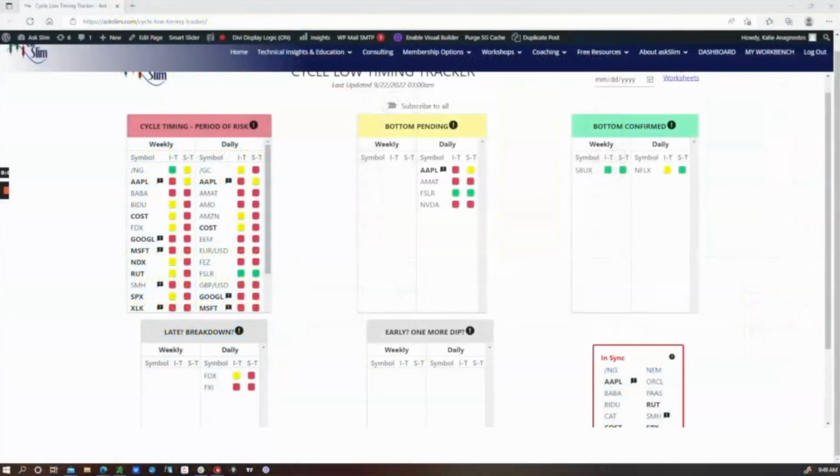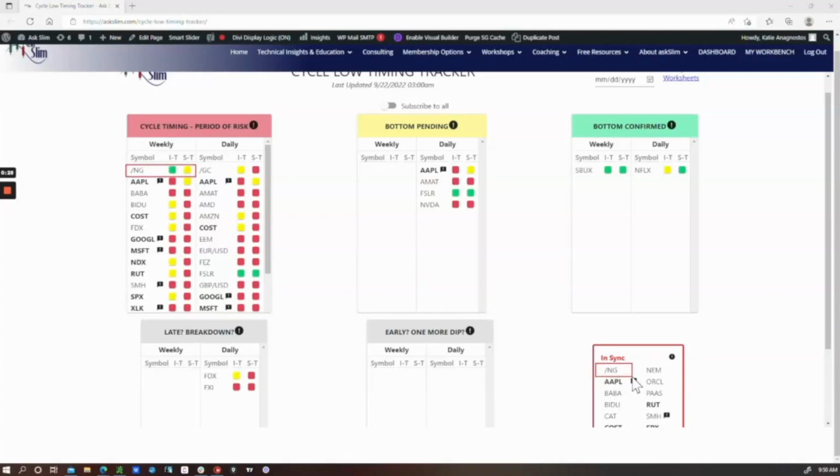Hi, this is Katie with askSlim. You're looking at our cycle low timing tracker. It's a tool that our members use to identify possible opportunities setting up, going into, and coming out of cycle bottoming time periods of the symbols on our focus list. The cycle low timing tracker covers both the intermediate and short-term time frames. The symbol that I want to talk about today is natural gas futures /NG, found here and here on the